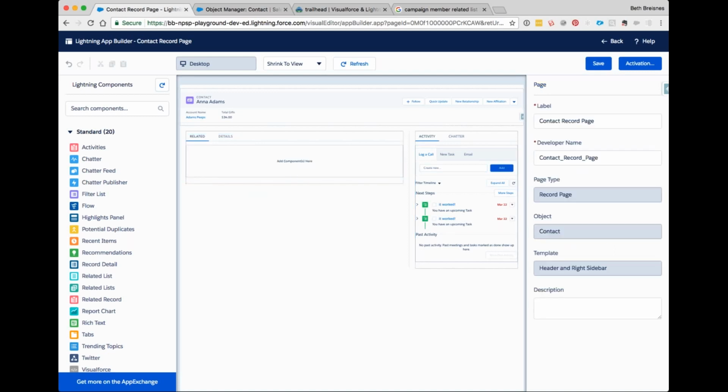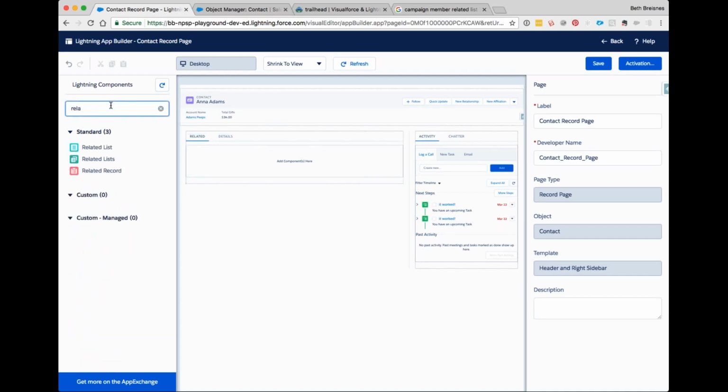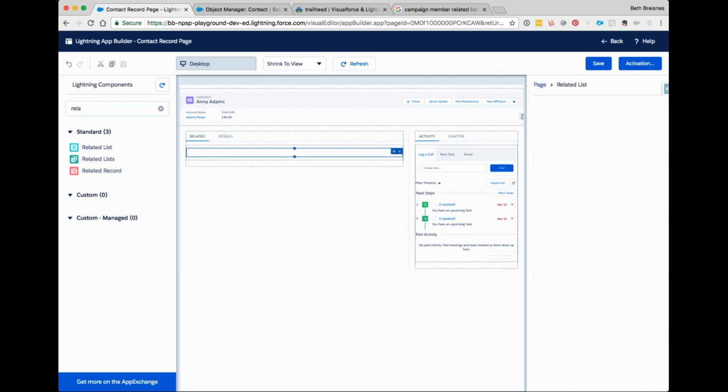Now I have a blank canvas here in this related tab, and I can search components. If I start filtering on related, you can see I have two components that look remarkably similar. Just a little S separates them. Related lists, plural, is what I was using before. But if I use this one that is a single related list and drag that over,